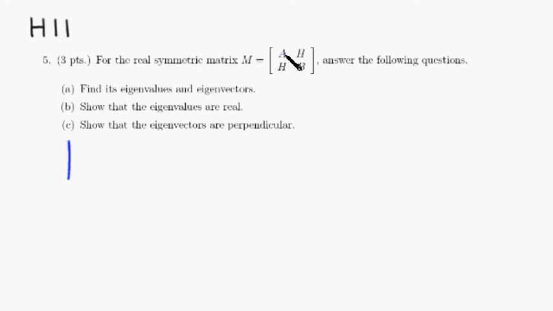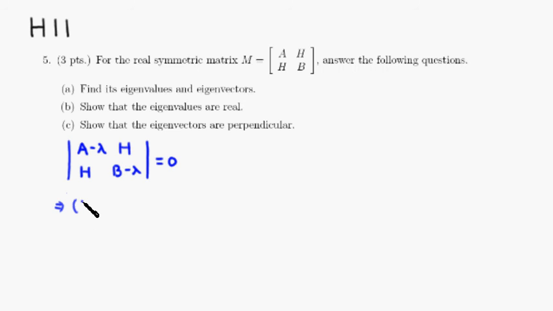Remember that we subtract the lambda, which will be an eigenvalue, from the diagonal elements. So you have A minus lambda, and you have H, and the H here, and we have B minus lambda. This determinant has to be equal to 0, because we want to be able to find non-trivial solutions. If you work that out, you're going to get, so this is going to be the determinant,